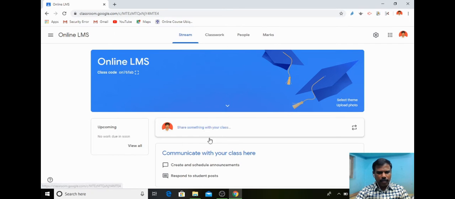The first is stream. All the interactions between the students and the teachers will be listed here. Now there is no transaction between student and teacher, so it is empty. Suppose you want to communicate with the class, you can create and schedule an announcement. Everything you can put here.